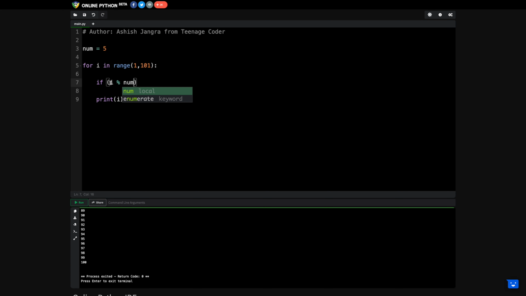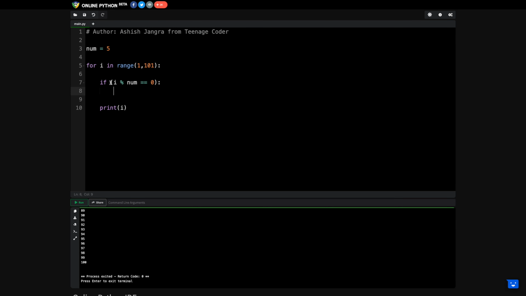It is 1, then 2, then 3, then 4, then 5, then 6, then 7, then 8, and goes up to 100. I will divide that number by 5 and check if the remainder is 0 or not. If the remainder is 0, I will print that particular number, right?